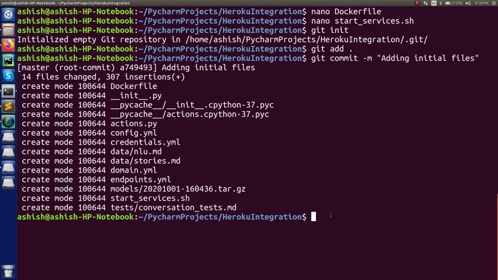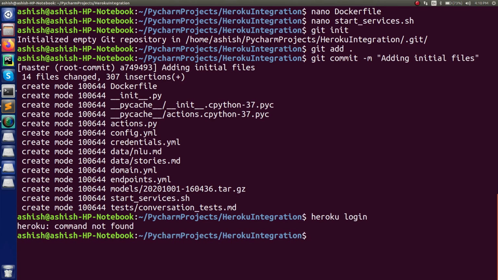And when you're done with this part, now you have to log in to your Heroku server. So for that you need to type heroku login, press enter. So as you can see in here, I don't have Heroku installed on my system. So in that case, I have to install it.